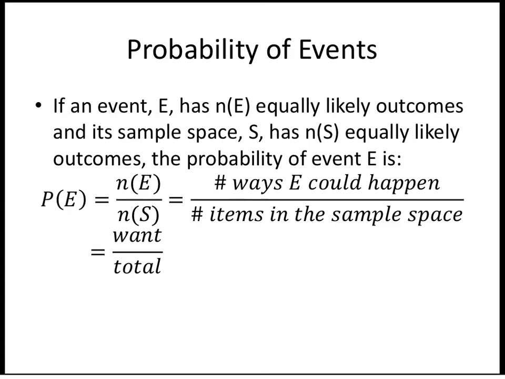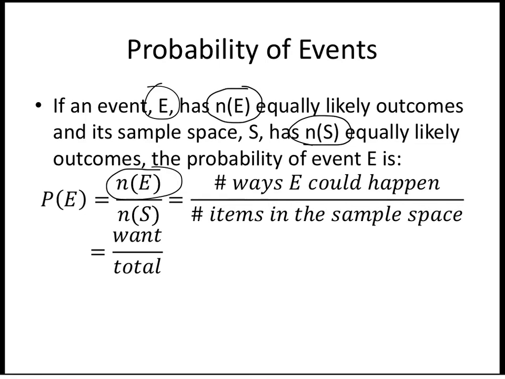Now let's talk about probability. If an event, and we're going to call that event E, has n number of equally likely outcomes, and we refer to this as n of E, right? It's kind of like a function. Has n equally likely outcomes, and its sample space S has another number, n, of equally likely outcomes, then the probability that event E could happen is going to be n of big E divided by n of S, which doesn't really tell you much, so let's talk about what that